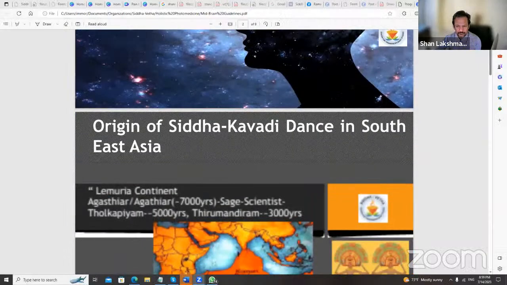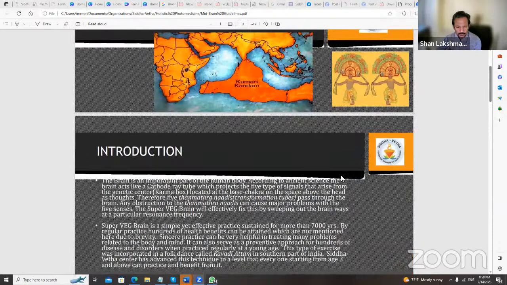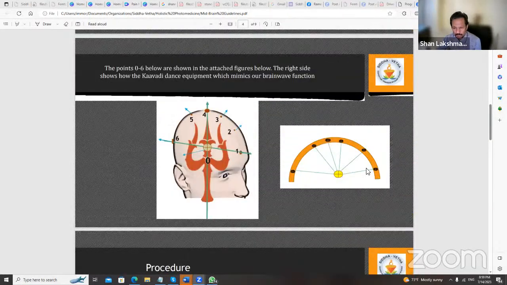There is a whole process. It's all called Kavadiyatam. Maybe I can show you some things. In the brain there are very important points.